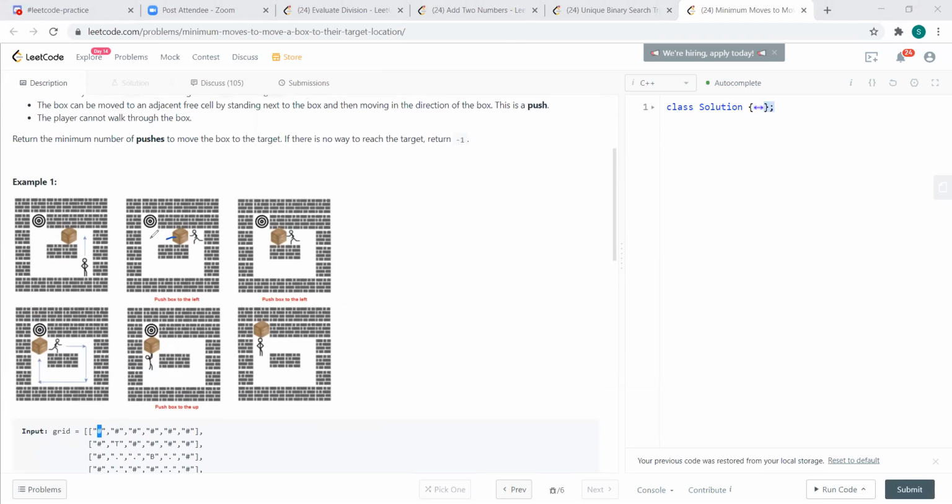So it means that we can move the box in all four directions as long as we don't have any obstructions like the wall, or if there is a box, because the player cannot move through the box. But the player always has to stand beside the box in such a way that he can push it in the opposite direction. So he has the option of moving the box in all four directions as long as he is able to be on one side of the box.